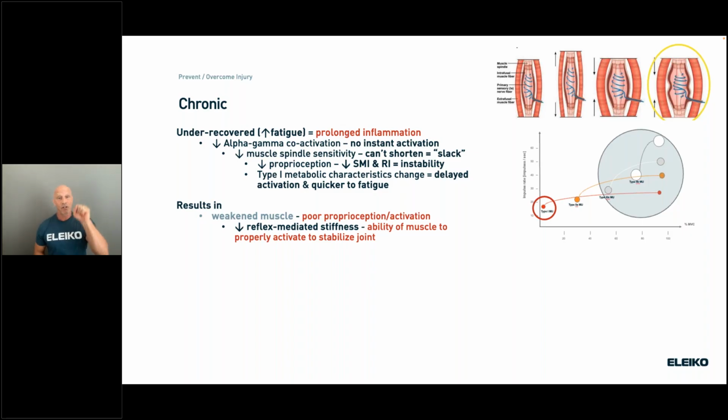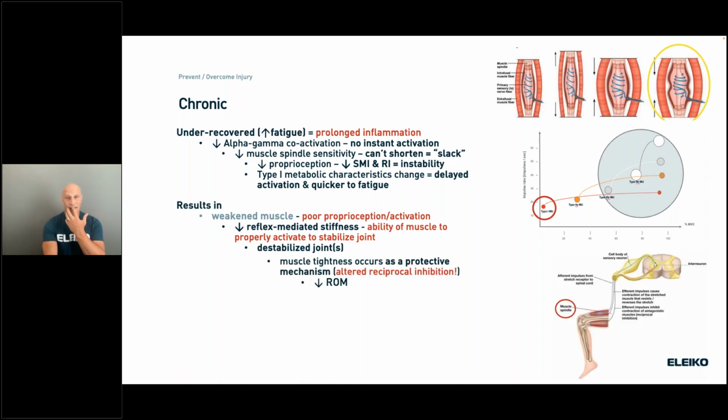Muscles produce the force. The connective tissue just transfers that. If we don't have immediate turn on, we don't have the ability for the joint to be in a stable position with active control from the muscular system. Destabilized joint, and it's the destabilized joint and the lack of proprioception and the weakened muscle that actually leads to